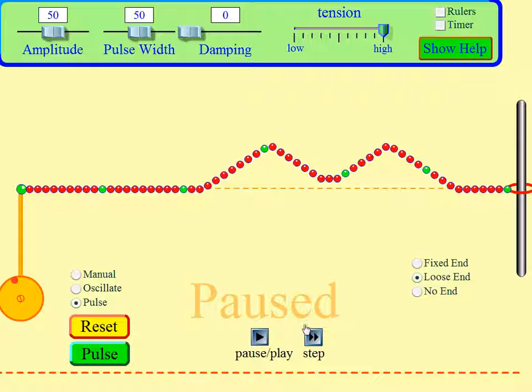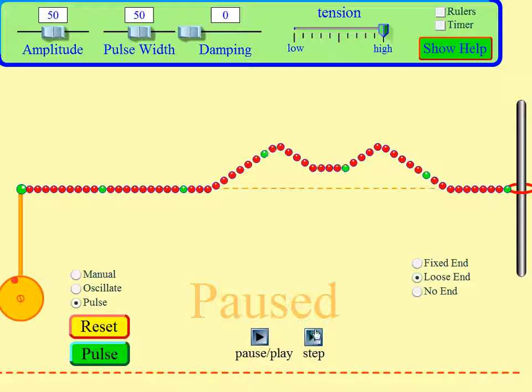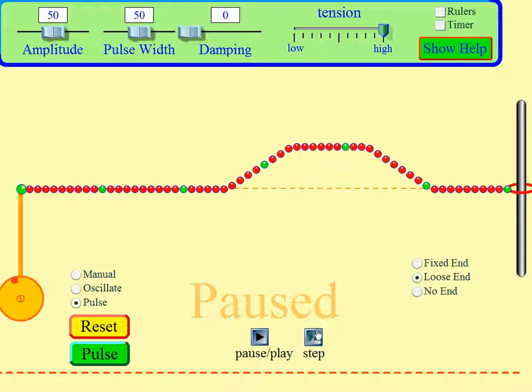Because it's being pulled upwards from both sides, it's going to have a greater acceleration, and as a result, when it gets to this point, it's not at its maximum height as it normally would have been,